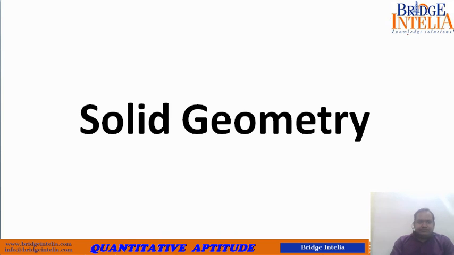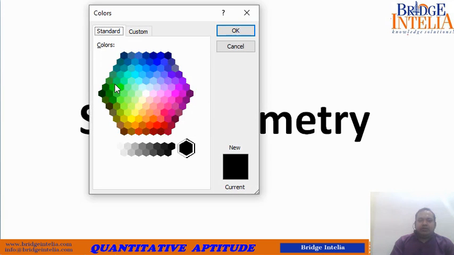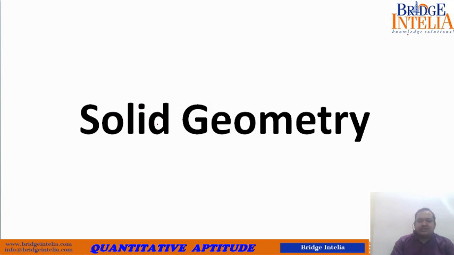So dear students, now let us move to the concepts of solid geometry. So what do we mean by solid geometry? Up till now we have been looking at geometrical figures drawn in a plane. Plane means a two-dimensional plane. But from now on we would be looking at the geometry of solid 3D objects, which have length, breadth, and height. So that is the geometry of solid regular shaped 3D objects.